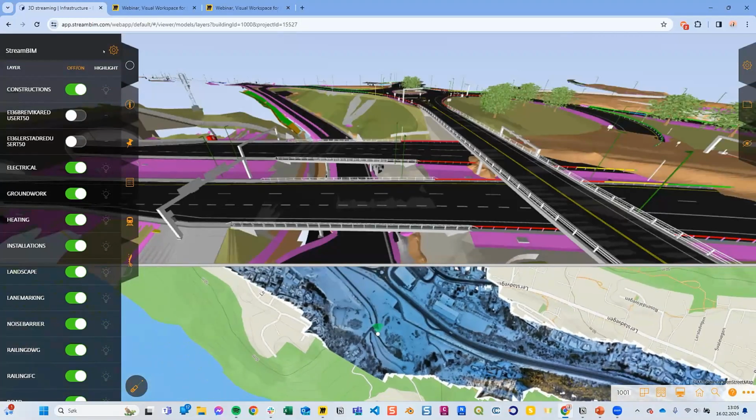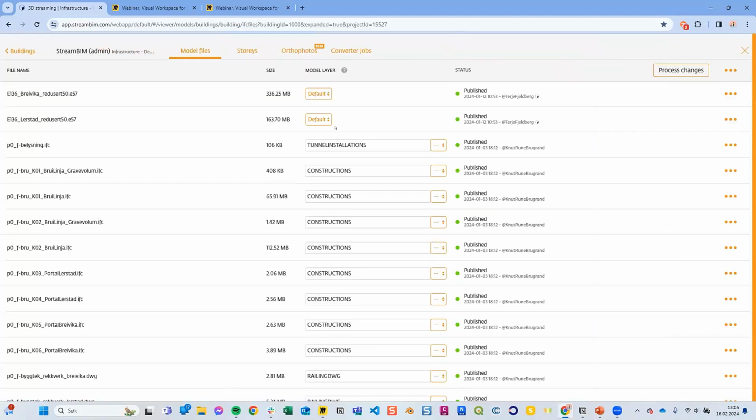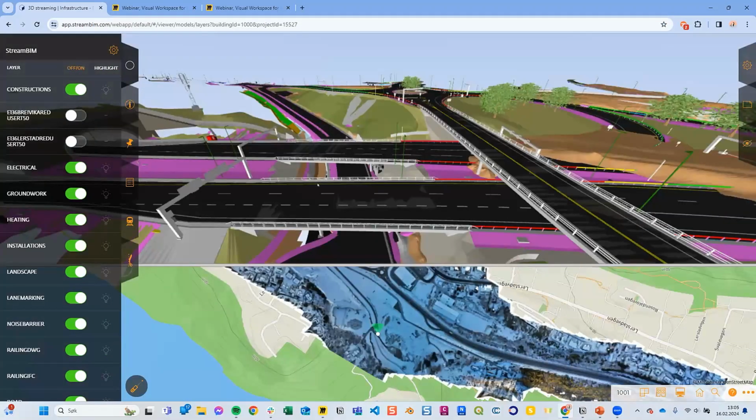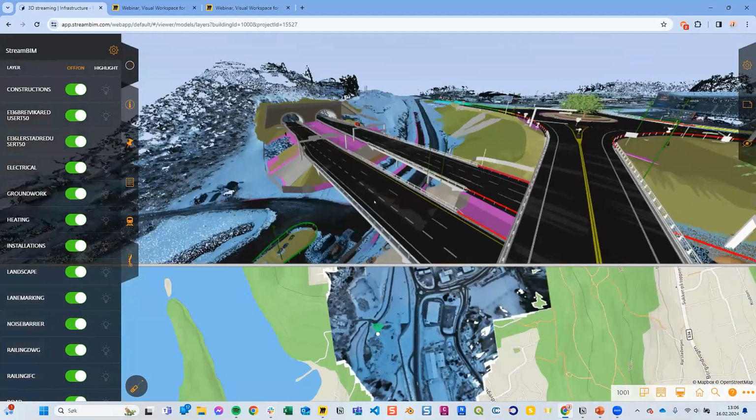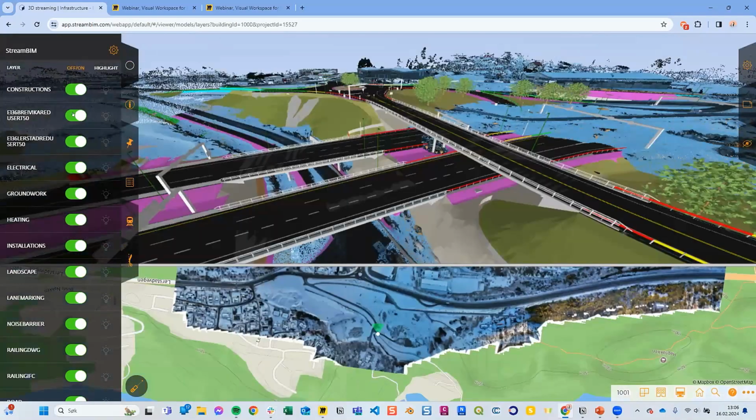Also, we have the point clouds. You can see here, these are all models, IFCs, DWGs that are structured into different model layers. I will show you that later. And then on the top, we see that there's 2 point cloud files, E57, which you just drag and drop in, and it will process it, and you will have it available in your 3D viewer. I can show you here. So this is the point cloud to this project. Yeah, so I'll turn it off for now.